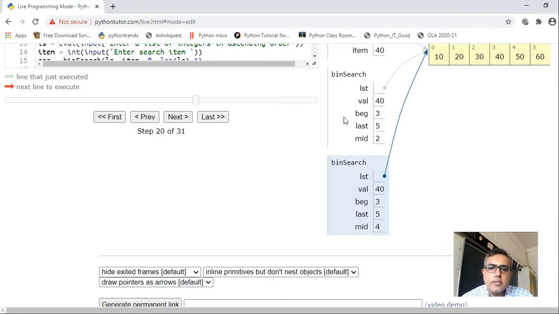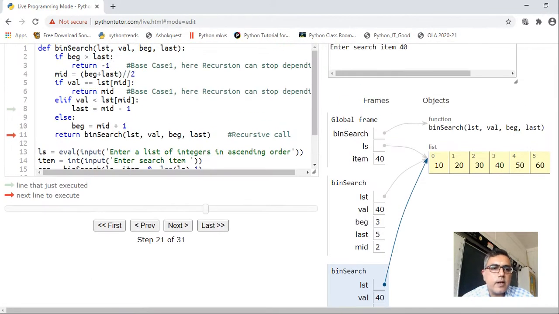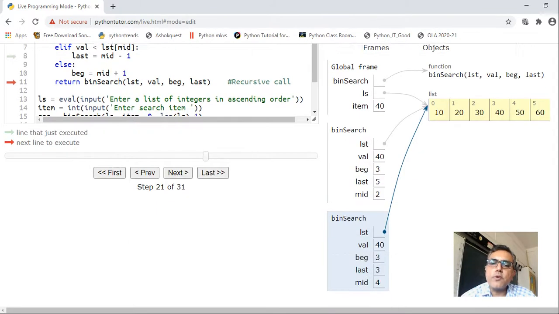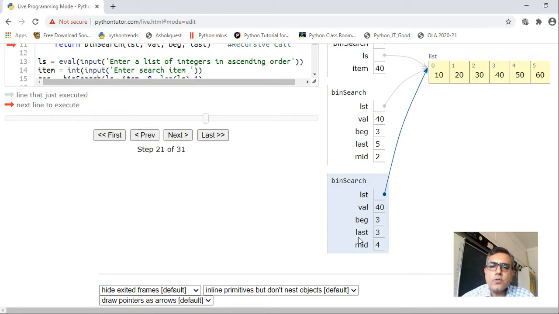So your last should become mid minus 1, sorry. Last is mid minus 1 here. So your last will become 3. What was the mid position? 4, right? So now last is also 3, begin is also 3, okay?